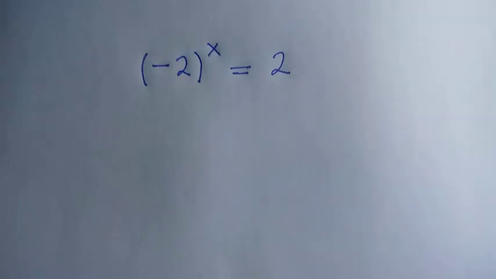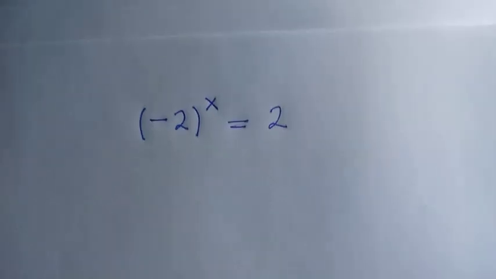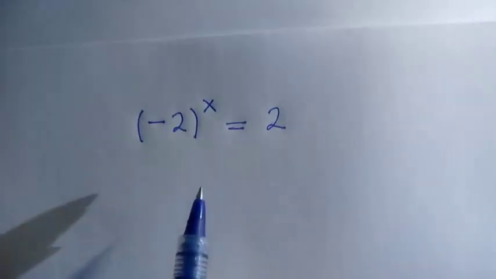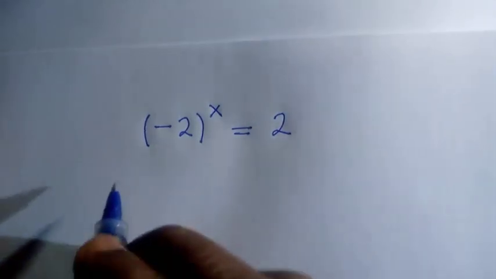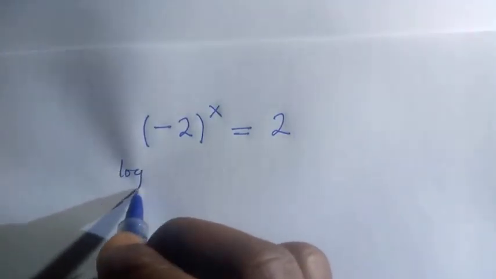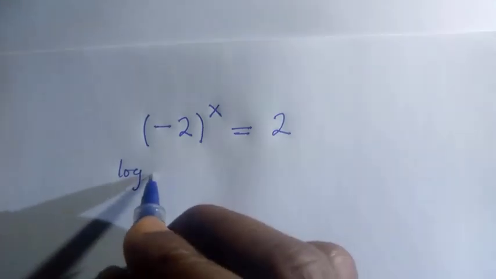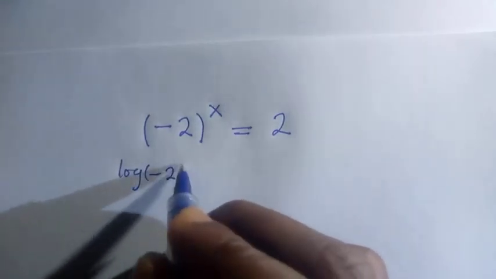How to solve these nice, interesting exponential equations where we have (-2) to the power of x equals 2. So we want to solve this problem. What to do first here is, suppose I introduce logarithm to both sides as log of (-2) to the power of x